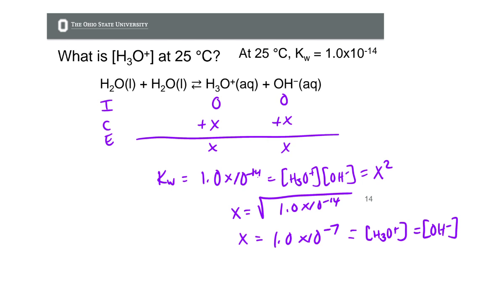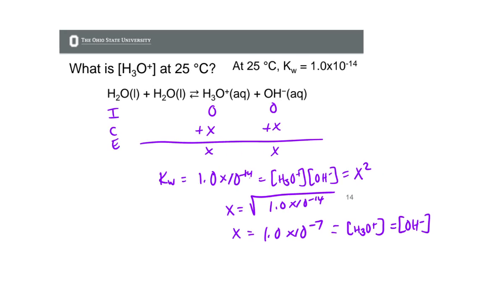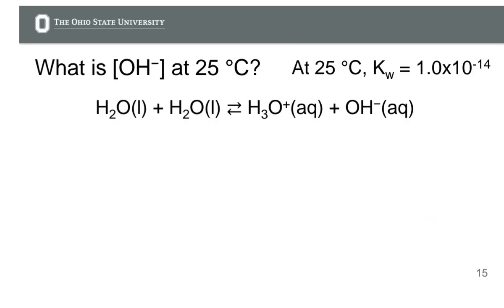Okay. So the next, but we know from this slide that OH minus and H3O plus have the same concentrations. They're both equal to X. Okay. The OH minus concentration here,